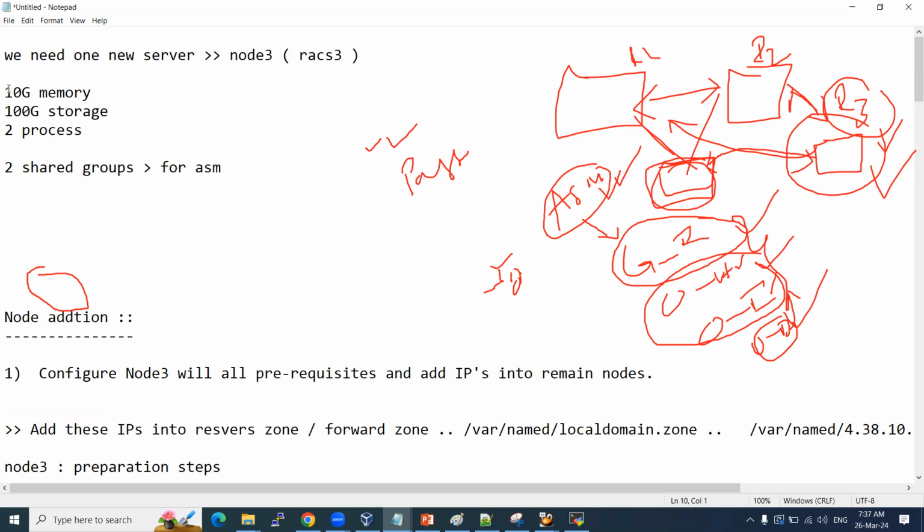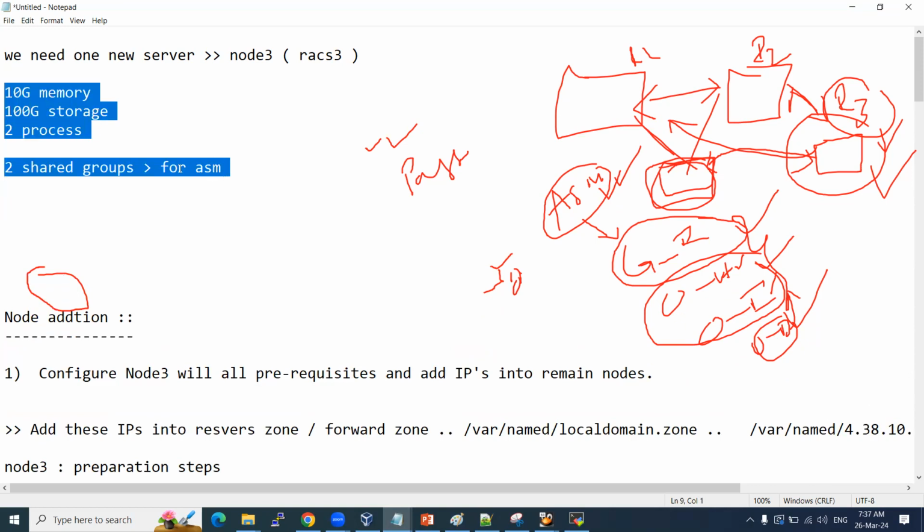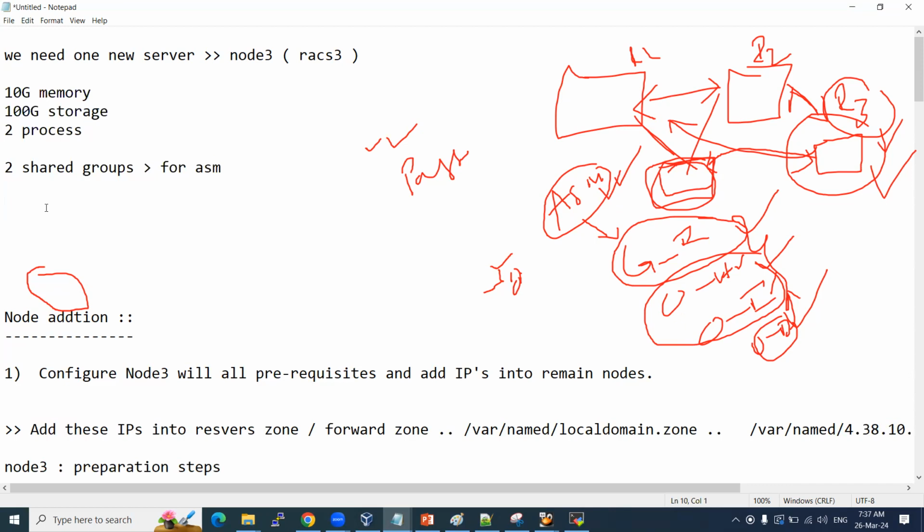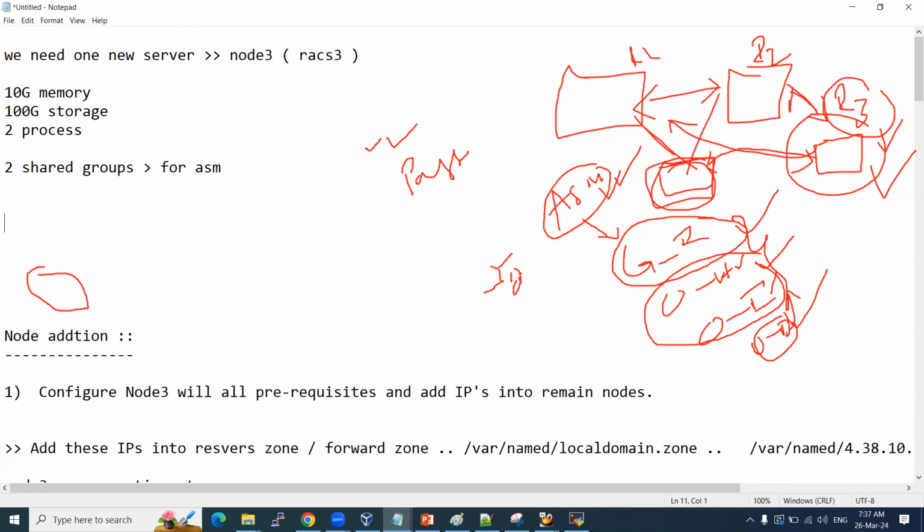These are all the requirements. These requirements we will get from the storage team and Unix team. That's it. Our job starts from here. Once we get the server, we need to install, or else we need to